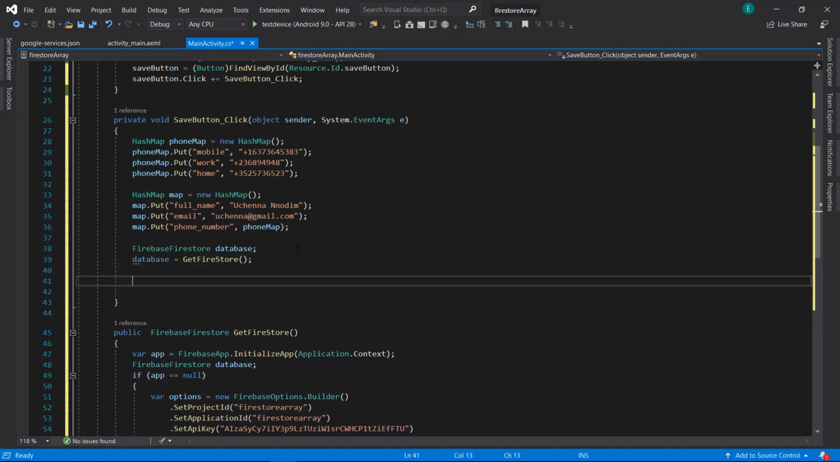So now that we have that, the next thing we need to do will be to go ahead and create a document reference. We already know that to save data to Firestore, we will need a document reference. A document reference is more like a path to where we want to save the data. So I'm going to call this docRef. This is going to be equal to